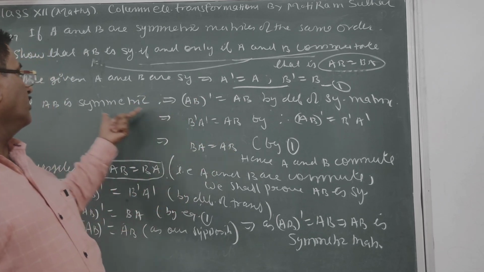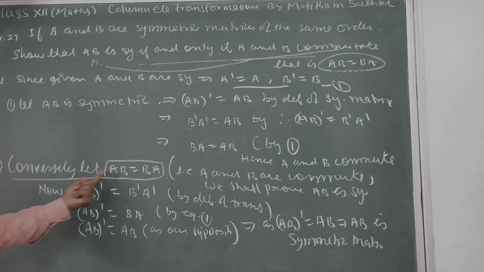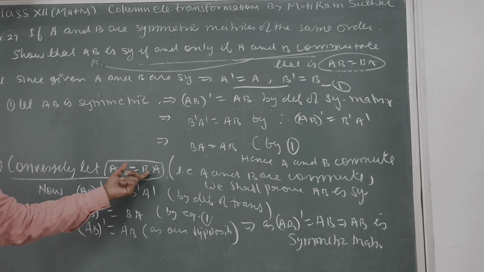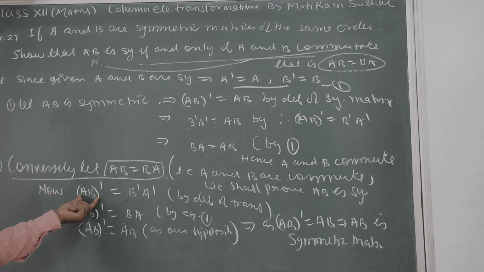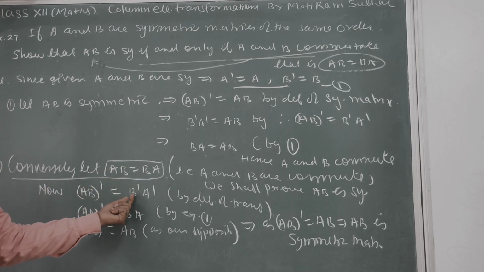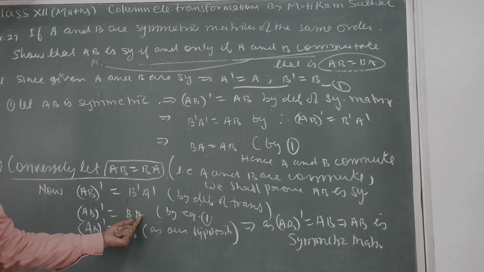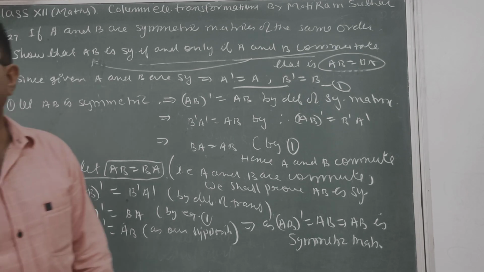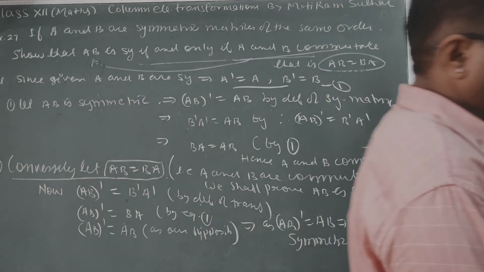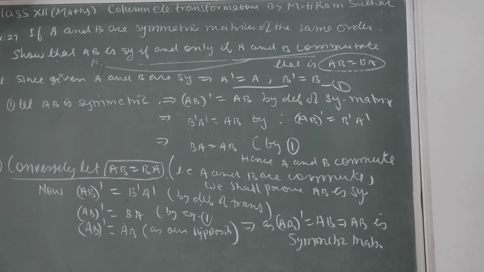ये मानेंगे और इसको, तो ये हमने किया कन्वर्स है दैट AB इक्वल टू BA. AB इक्वल टू BA है तो हमको इसको ट्रांसपोज निकालना पड़ेगा. AB होल ट्रांसपोज इक्वल टू AB. अब B ट्रांसपोज की जगह B आ गया, A ट्रांसपोज की जगह A, BA को हम रिप्लेस करेंगे. So in this way we can prove that the matrices are in this order, that is AB and BA commute.